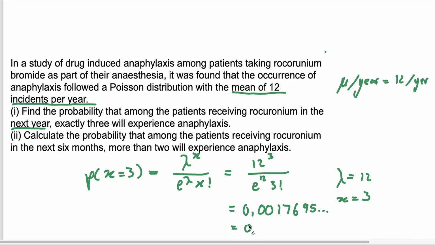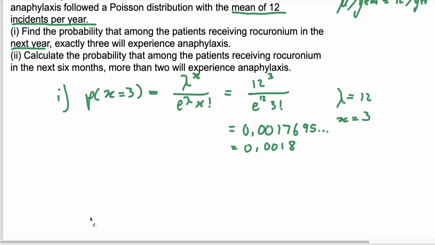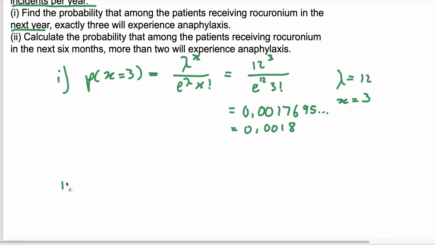So I'm just going to round it off to 2 significant figures. So it will be 0.0018. So that's your final answer for that question. And then the next question says, so this is number 1. So now we're going to look at number 2. So the next question says,